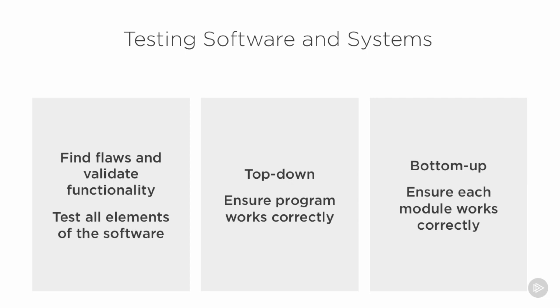There are two things we look for. We look, of course, for bugs, problems in the coding, or we look for flaws, which of course can be a problem with the logic of the program itself. And there are two ways to do this. Number one is to do an integrated test, which is more top-down. Make sure that all of the pieces that make up a system work and communicate with each other correctly. We also then do bottom-up, testing each module to make sure that each piece works.